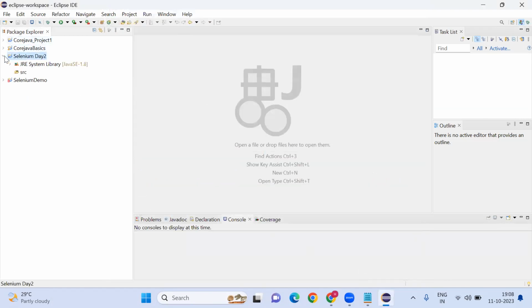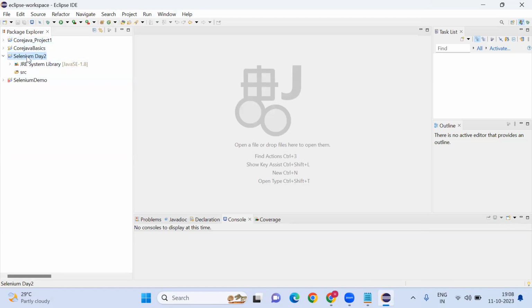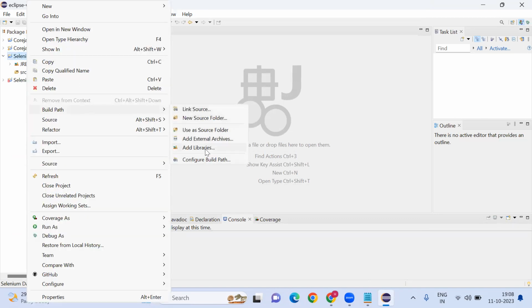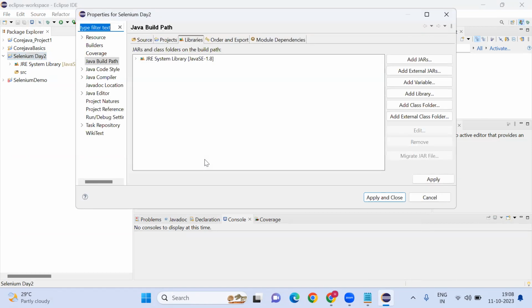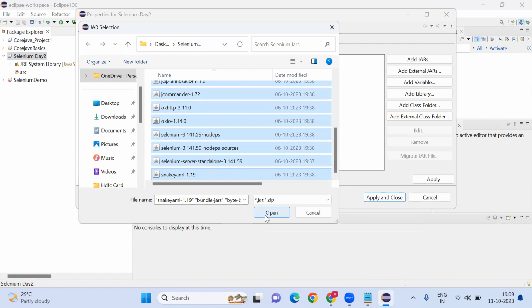After creating the project, now we have the JRE. You can write the Java code. If you want to write Selenium code, you need to add the Selenium jar files. Right click on the project, build path, configure build path, then add external jars. Now you need to navigate to where you kept all these jar files. Select all jar files like this. Only you need to add jar files, okay. Click on open,